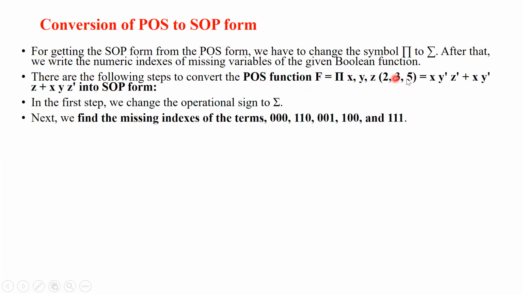So this is the question. The first step is what? We change the symbol. This symbol pi, I change it to the summation symbol. Now from here, if you see, there are 3 variables, meaning 0 to 7 terms, since 2 raised to 3 is 8. So there are terms 0, 1, 2, 3, 4, 5, 6, 7. Out of that I have in my question 2, 3 and 5. You write down f is equal to summation